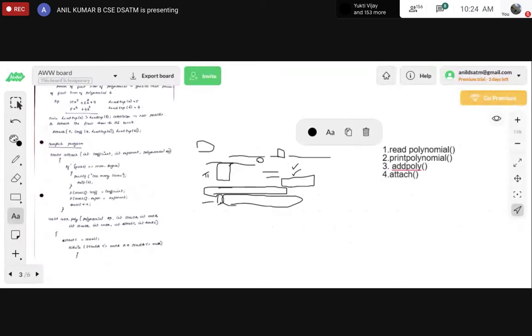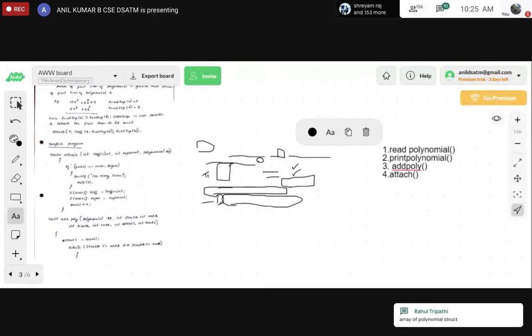What about others? Quick. Array of polynomial struct.